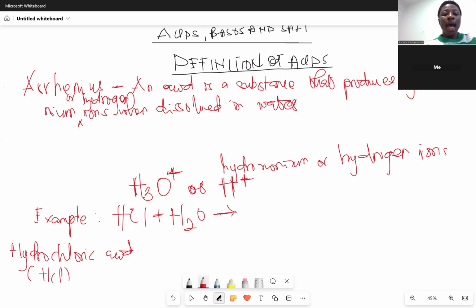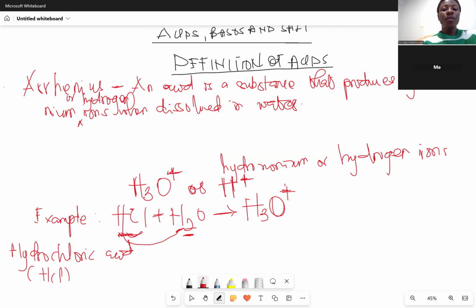Watch. The cation in HCl, which is hydrogen, the proton, would come and join the 2 moles of hydrogen here. So you end up getting H3O. And if you see H3O anywhere, it is a radical. It has a plus symbol on top. When you have 3 moles of hydrogen and 1 mole of oxygen, it's a radical. So the charge is positive, isn't it?